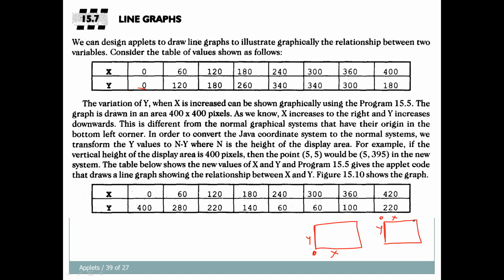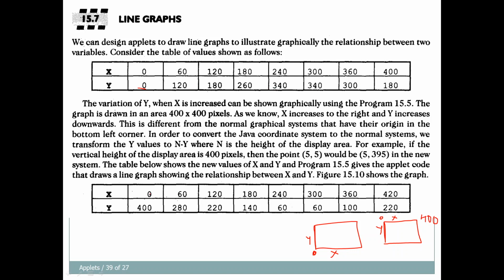If the height of the window is 400, then we have to deduct every y coordinate from 400. So that is 400 minus 0, 400 minus 120, 400 minus 180, 400 minus 260, like that.